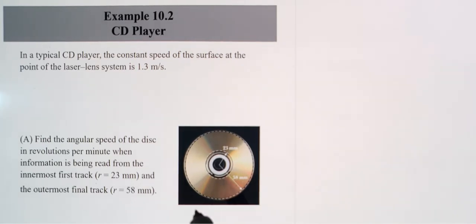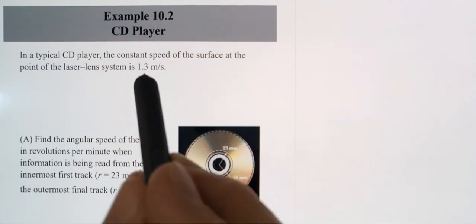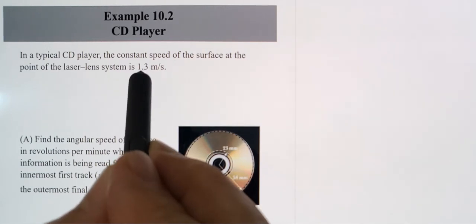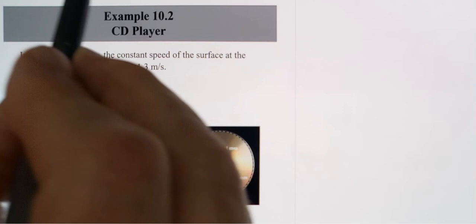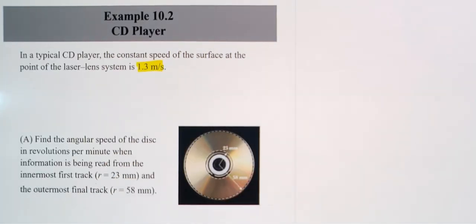Now the important thing to know is that the CD or the DVD may have different speeds, but for the CD the linear speed must always be 1.3 meters per second, which means that when we are reading at the beginning of the CD,